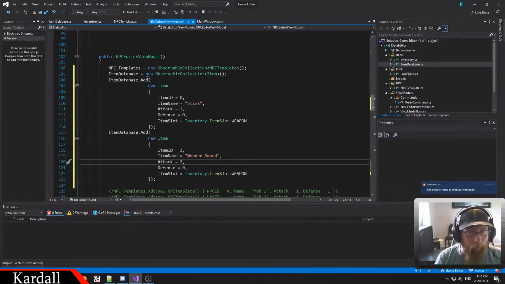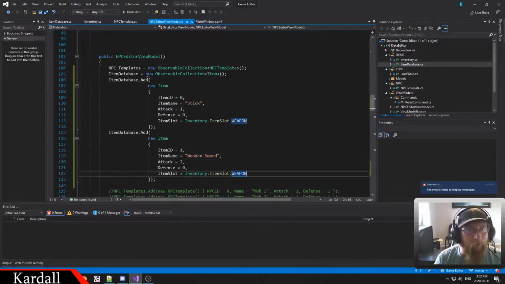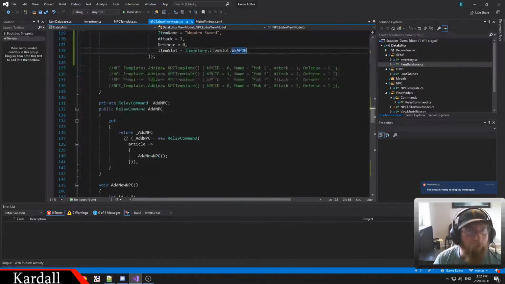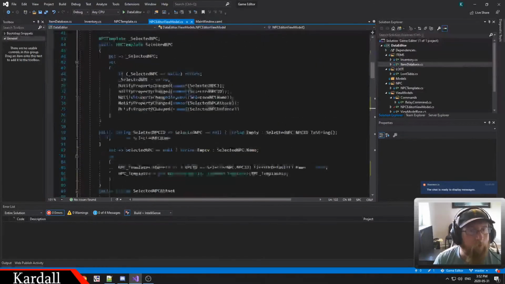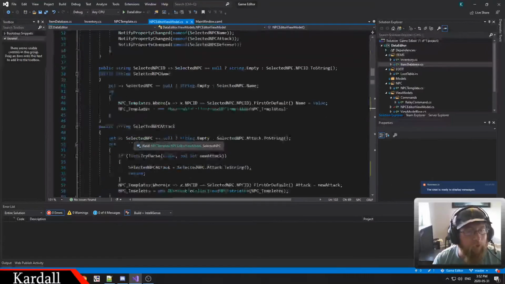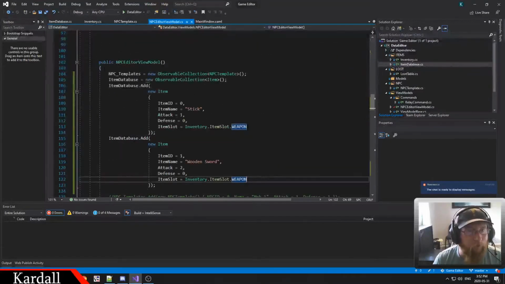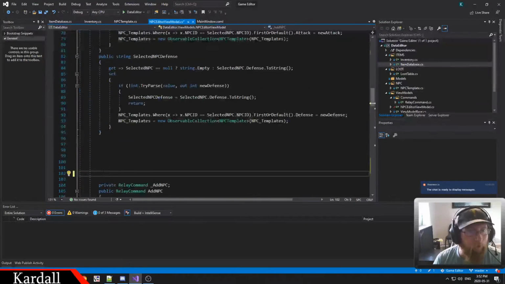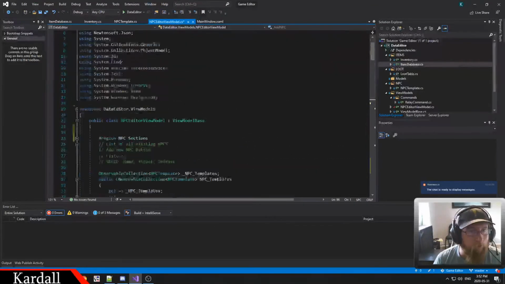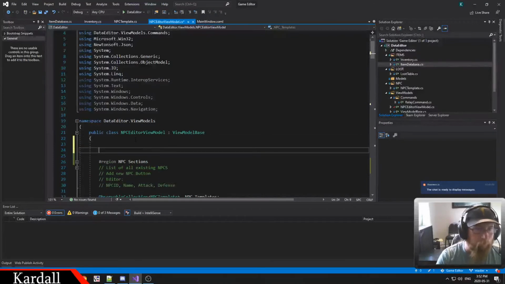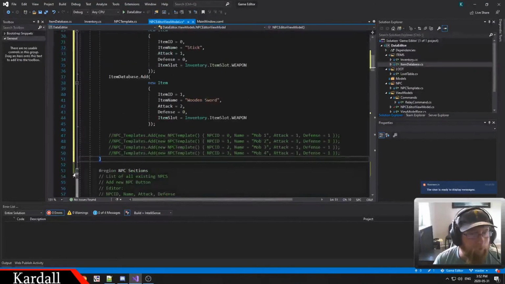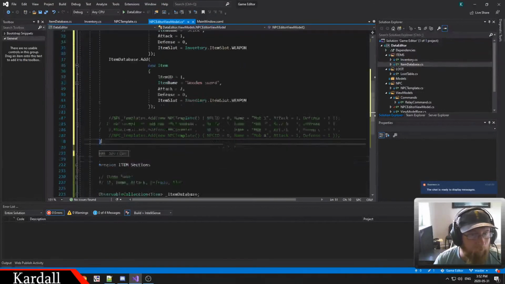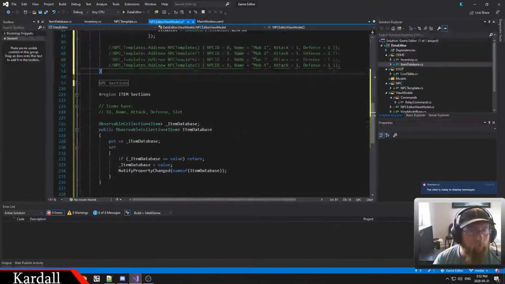Attack of 2. It's a weapon, sure. Okay, so now let's put this outside of the main thing here, just so that we can actually see this later. Okay, so now